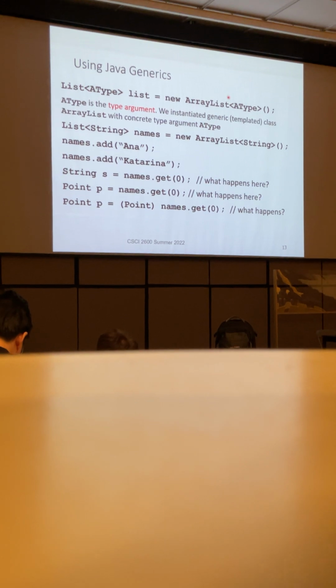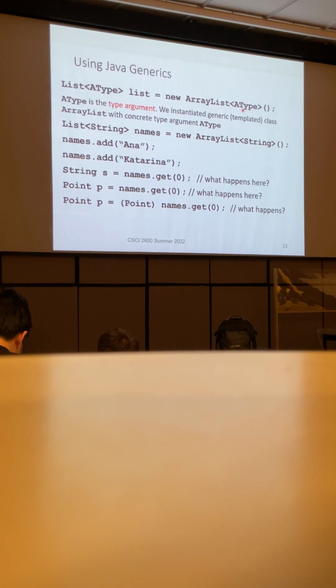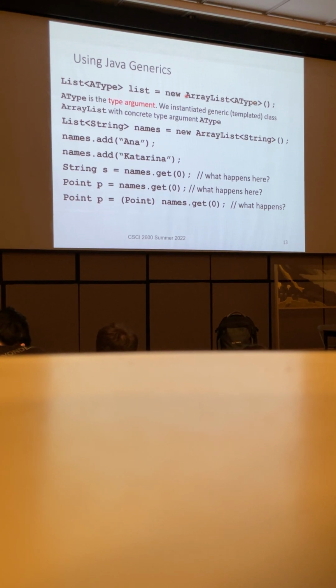All right, and then the easiest case is when we have this A type that is the same for when we use it as type argument for List, the declared type of the variable, and ArrayList, the actual object that we are creating. So this A type is the type argument, and yeah, this is the most straightforward way of